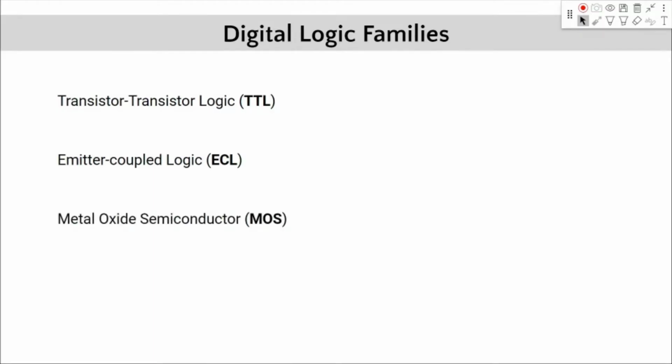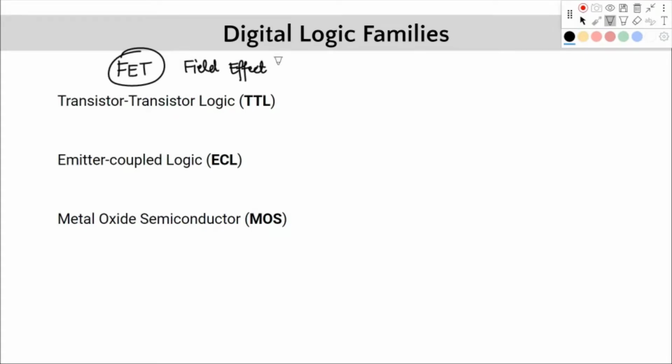Next is metal oxide semiconductor. So the basic that we had studied when we started talking about BJTs: why is BJT called BJT, bipolar junction transistor? Because it uses both types of polarities of carriers for the flow of current. This is opposed to metal oxide semiconductor or field effect transistor. BJT is bipolar junction transistor, but FET is also a type of transistor, field effect transistor.